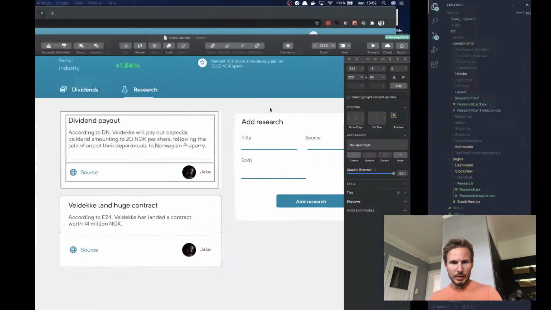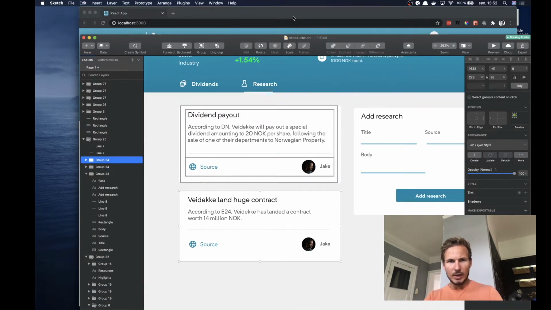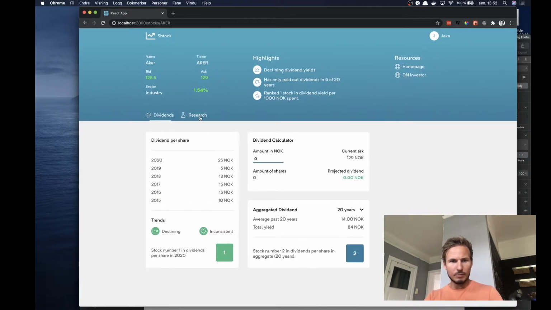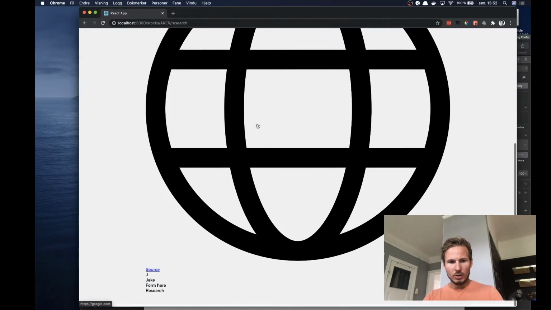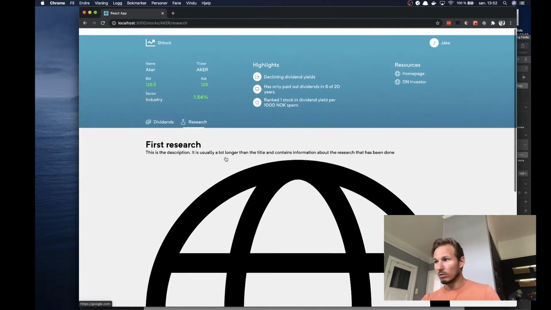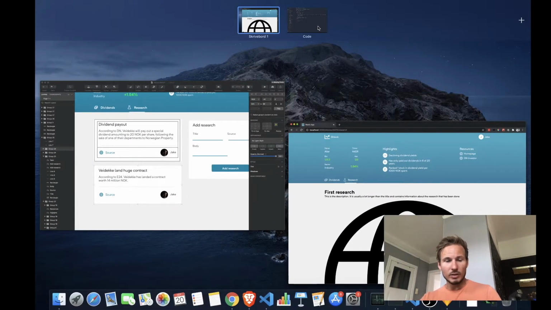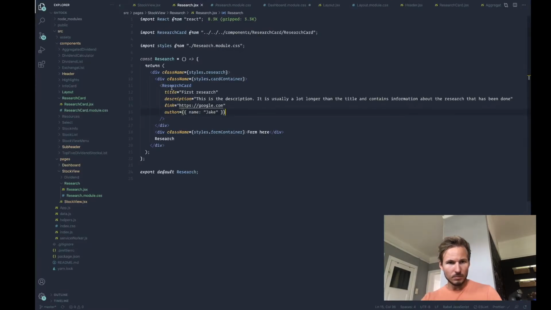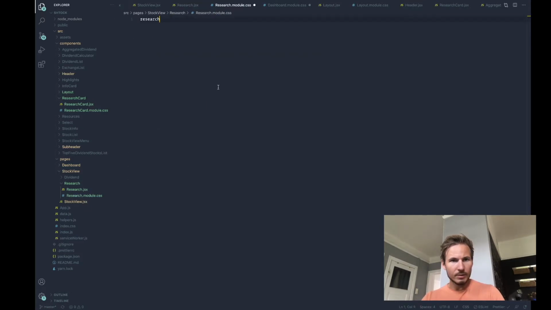All right. So let's go ahead and check out the app. And if you go to research, all right, so we have the markup in place, and obviously it looks pretty horrible right now. So we're going to go ahead and get started on styling it. So let's go to our code. We're going to say in research, we'll have the dot research